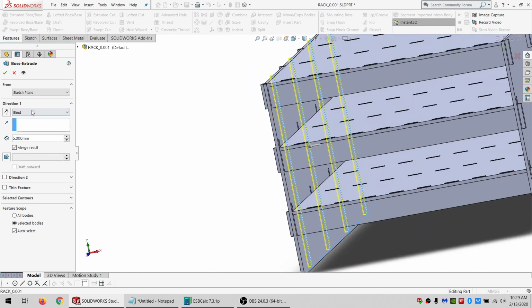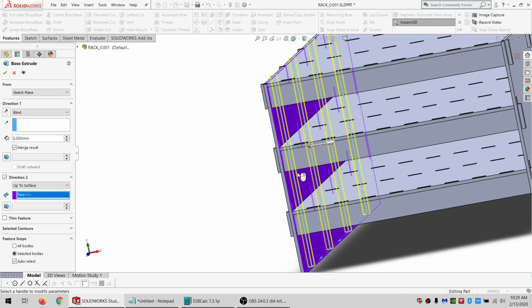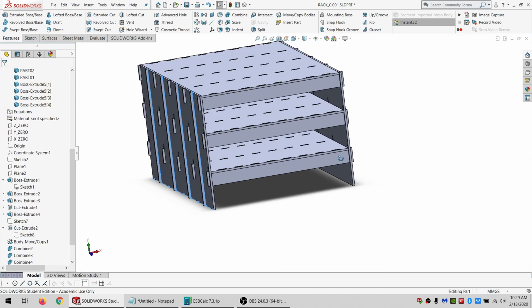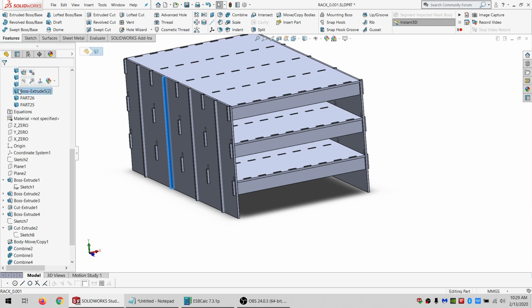And in the other direction, I'm just going to go up to this surface. And I do not want to merge this. And let's see. This is part 25. This is part 26. Part 27. And part 28. And if I can spell,